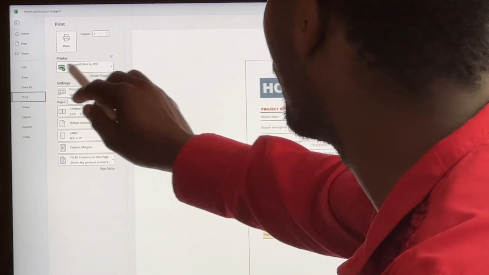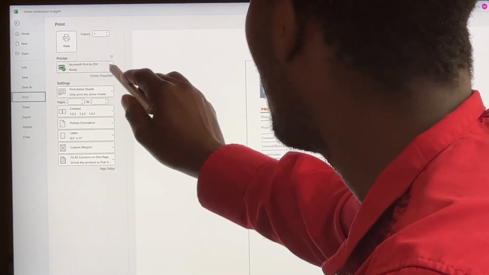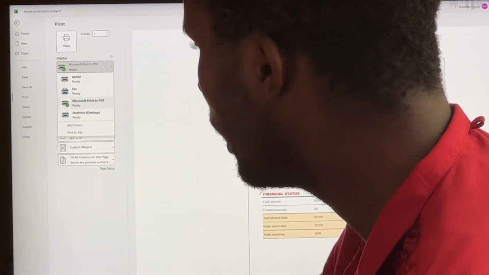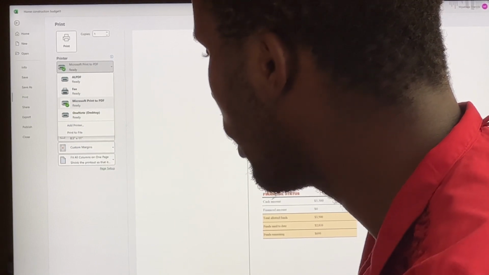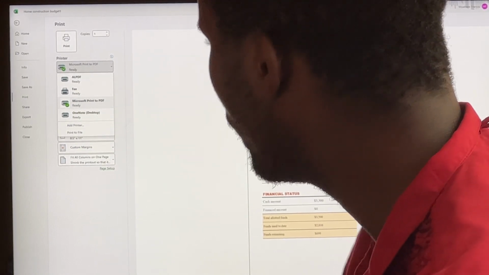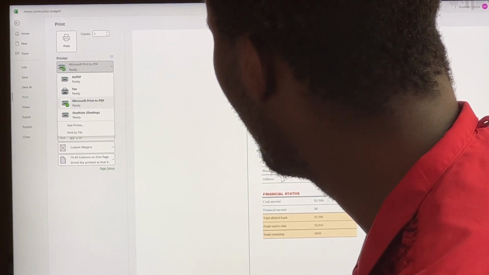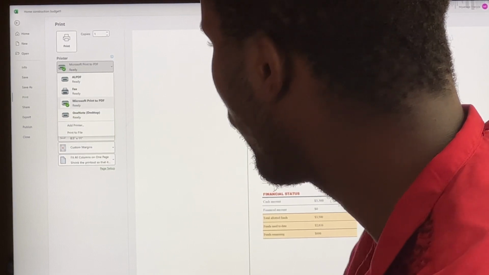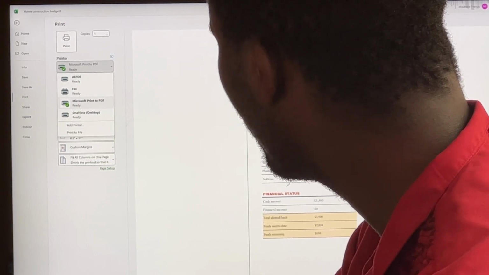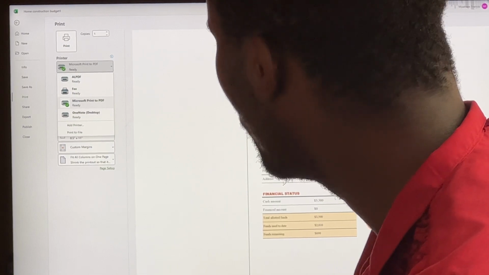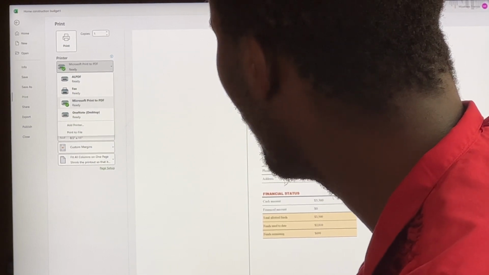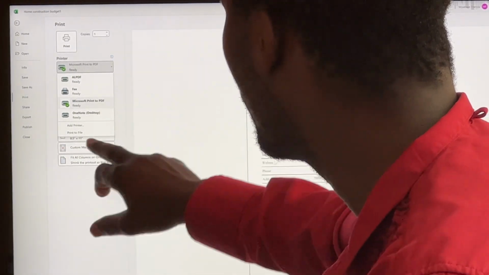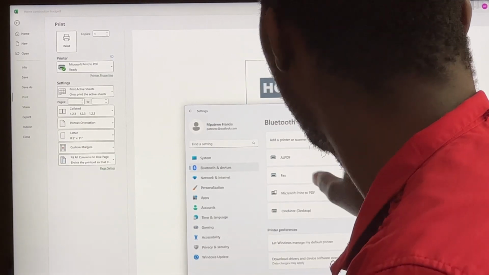Then the other thing, you need to add the printer. Adding a printer is very important, especially when you don't have any printer connected. You can add it with a wire, like if you have a printer cable that can connect from your printer to your PC, or if you don't want that, you can use wireless. If the printer can access the wireless, at the same time as the PC, then you can connect them so you can use the same network. And again, if you don't have the printer connected or configured, you can go ahead and select Add Printer, and then from there you get